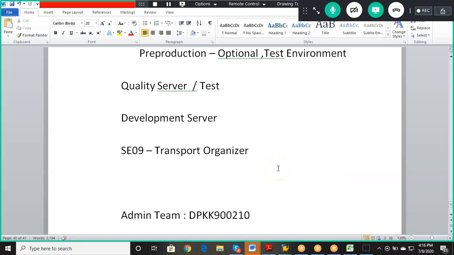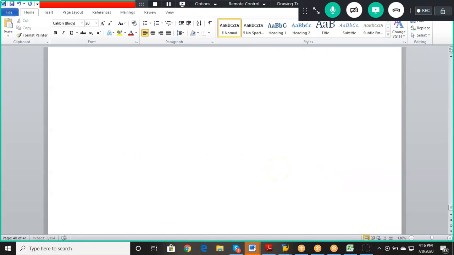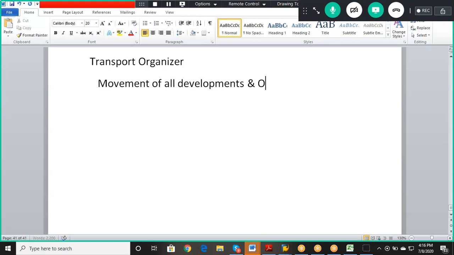So in this session, we are going to discuss the transport organizer and its significance. What does the transport organizer signify? It signifies the movement of all your objects across the servers, the movement of all developments and objects. These all will be moving from the development to quality